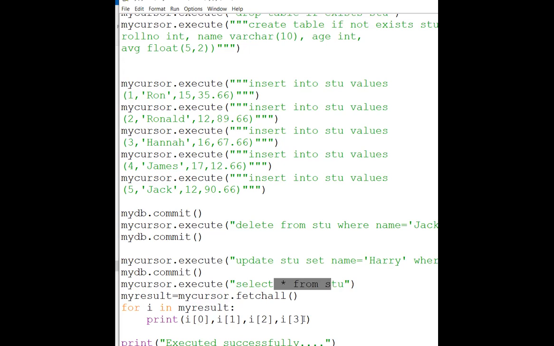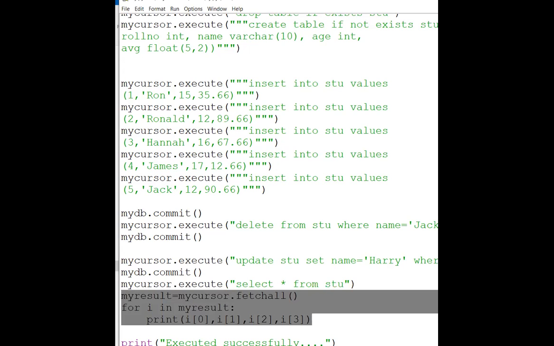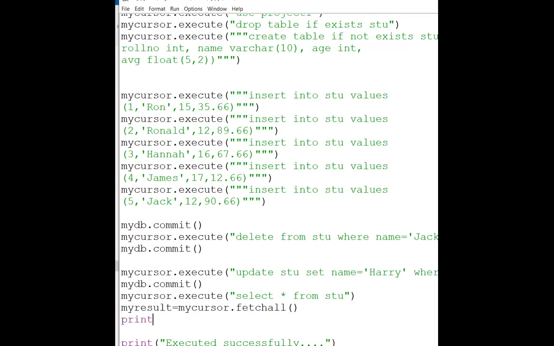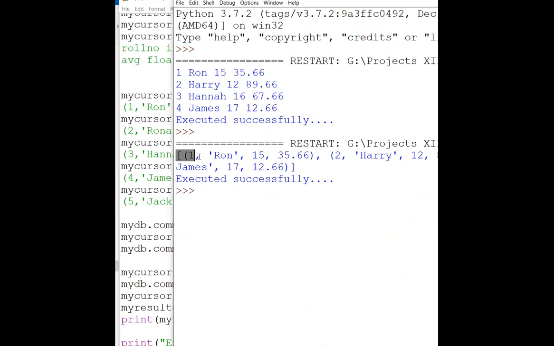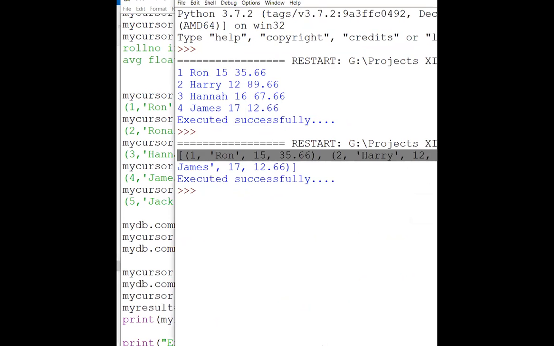Without loop, I have already shown you how the information will come. Suppose I'm not using loop. Again, I'm repeating my statement. If I'm going to write simply like this, my result, it will show you the complete list, not in the proper manner. Now it is up to you how you want the information. See, without loop, you will be getting information like this, and it is not the proper format actually. Clear? Why we are running the loop?